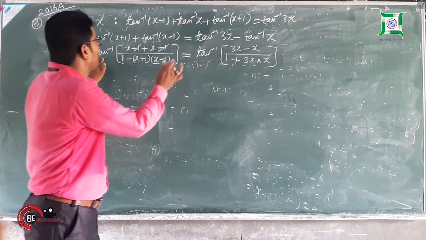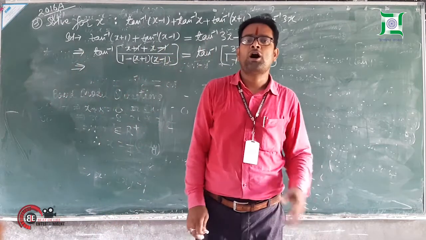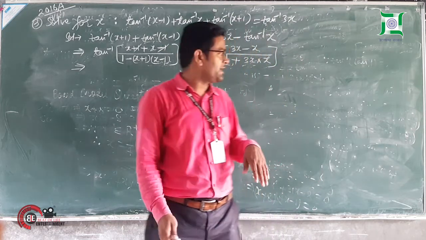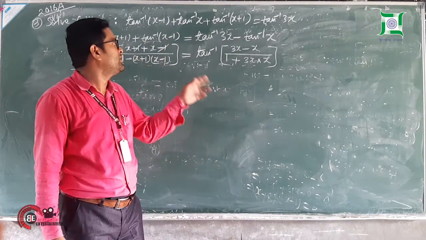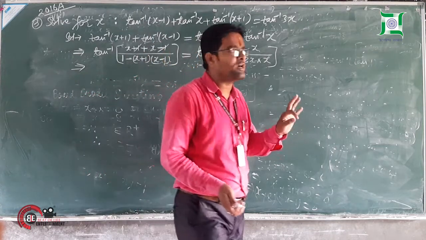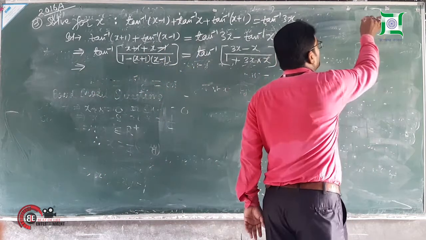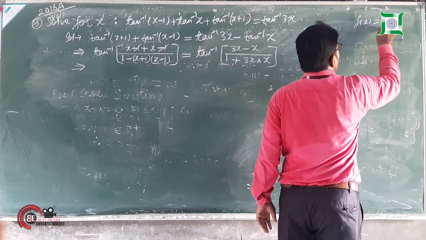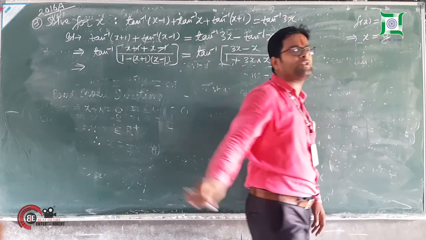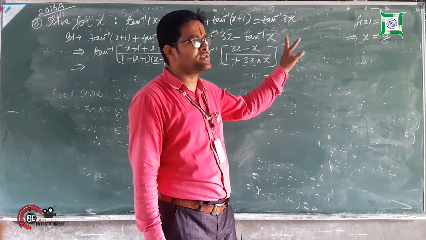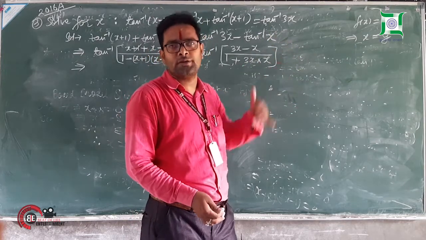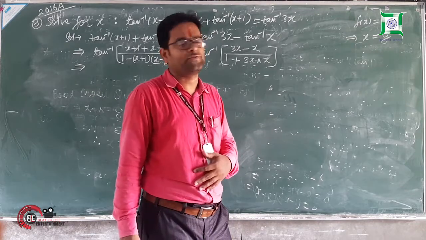Now easily we can remove these inverse functions. How will you remove them? Will they get cancelled? No, they will never get cancelled, as I have discussed in my previous question. Since they are one-one functions, f of x is equal to f of y implies x is equal to y. Whenever two functions are one-one, we can easily remove the functions and write directly the variables equal, the variables of which they are functions.